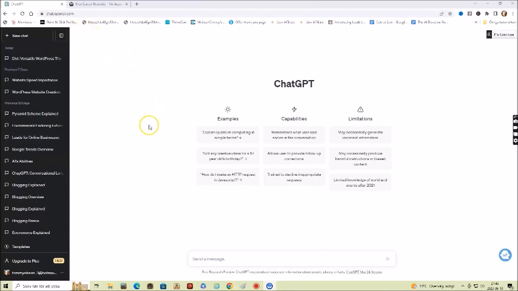openai.com for a free account. Prompts that you can use. A prompt is an instruction to ChatGPT you want help with, and you can write a request here and then hit that send button. But if you want to save time and do more work at once, I'm going to show you some prompts here now.